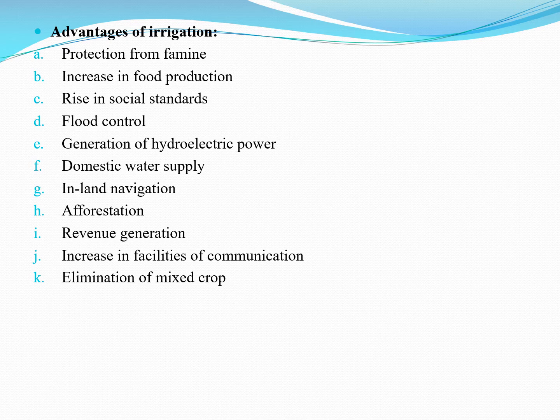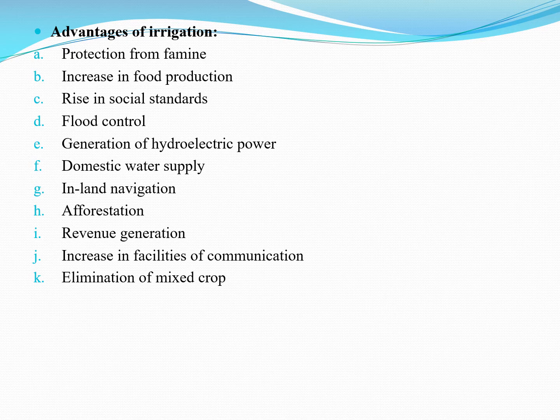Okay. Next, third advantage is rise in the social standards. With increase in the crop production due to certain supply of water, it makes it possible to grow cash crops like banana, sugarcane, tobacco, cotton, etc. Thus, more money will be available with the farmers, which raises their standards of living.